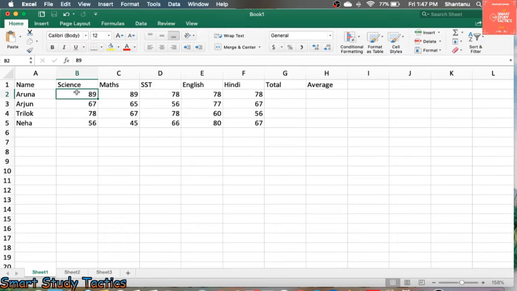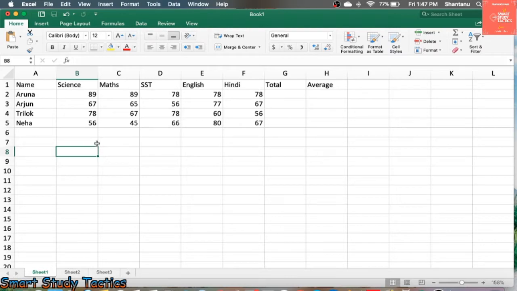In the name range, if I select a range and want to give it a name, I can give the name here, but make sure it does not have a space. I am selecting the data only. This name range helps me in many ways. First, I am going to tell you the shortcut for giving a name. You click here and directly write SCI, for science, and press enter. So this range is science.